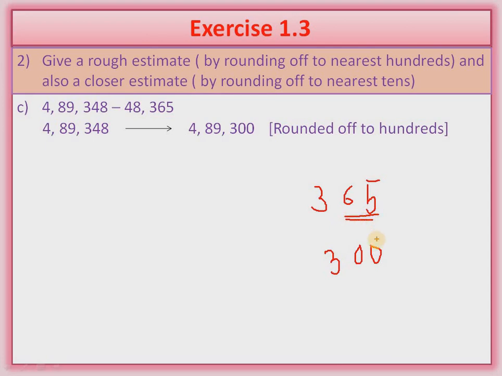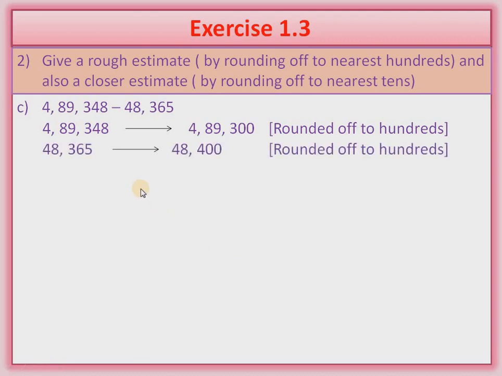Okay, already I have explained. So what is answer? Estimated value of 65 is equal to 100. Understood? Already I have explained in the chart. Okay, so what is answer? The answer is 400. Understood? और पीछे I will put this number. So what is answer? 48,400 only. Understood? Clear what I am telling you beta? So here you can see the rough estimate is equal to 4,40,900.